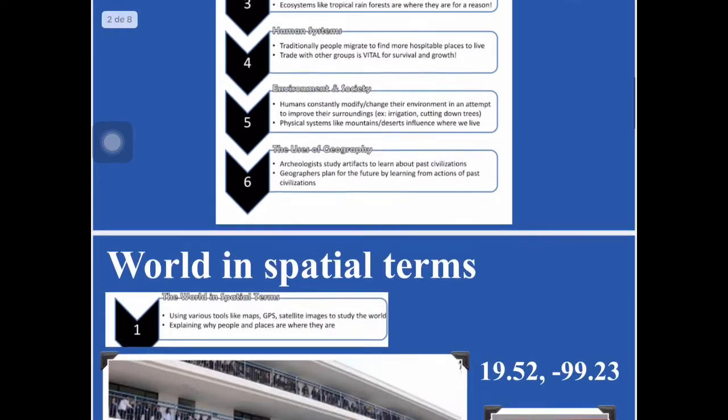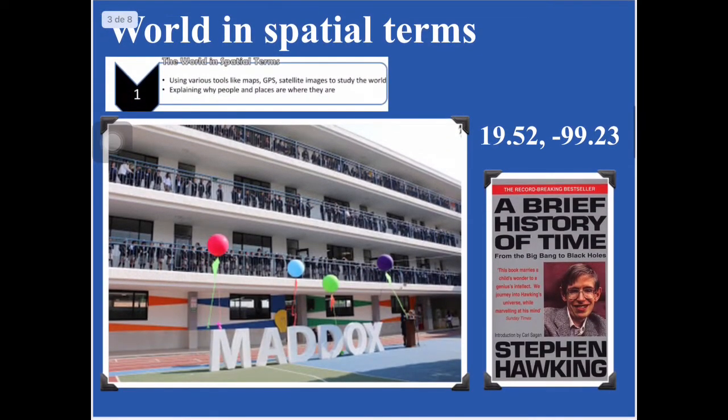The first one is the world in spatial terms. So if we read over here the small definition, it says: using various tools like maps, GPS, satellite images to study the world, explaining why people and places are where they are. Well, this second part of the world in spatial terms, explaining why people and places are where they are,